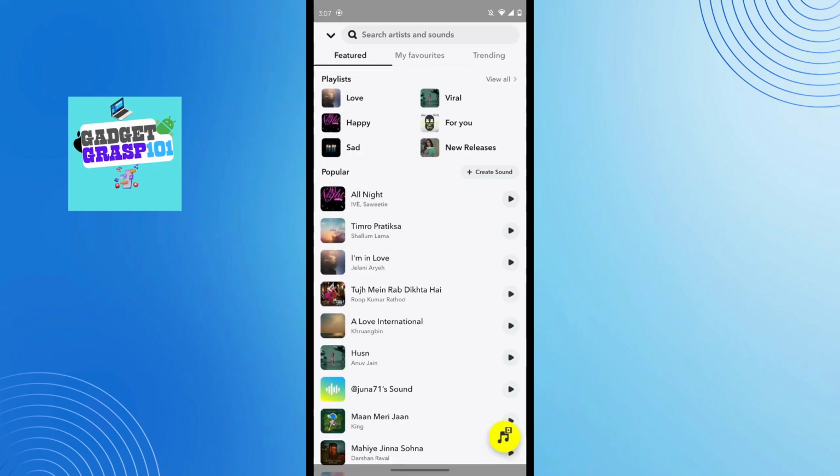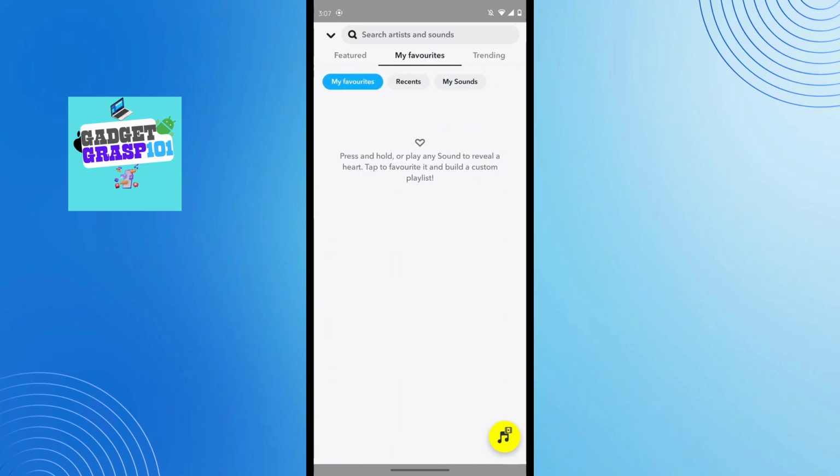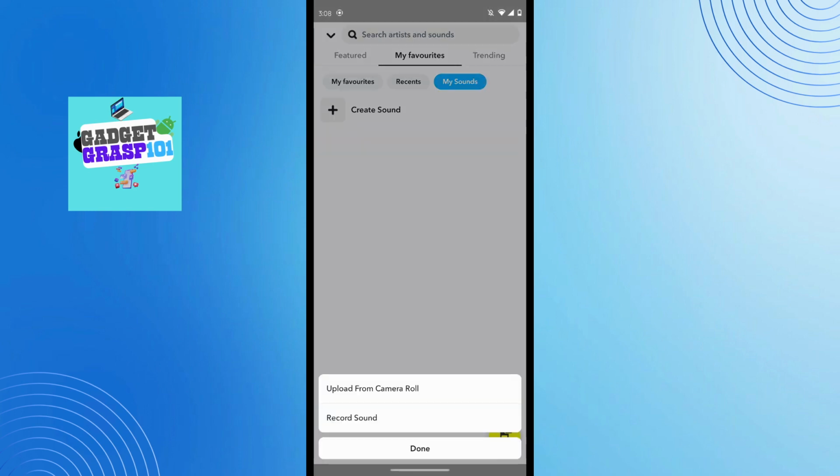After tapping on that music icon, now you have to tap on my favorites, which is on the top middle of the screen. After doing that, now you can add my sound. After tapping on that, now you can create your own sounds for your snap. Tap on create sounds and you can find a pop-up icon which has two options: record sound, upload from camera